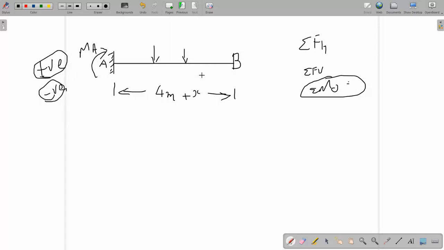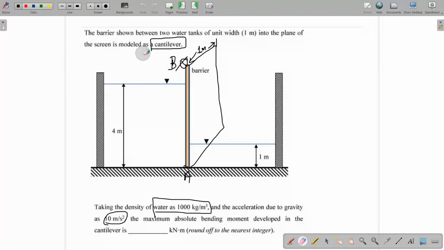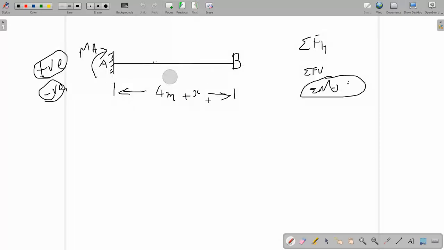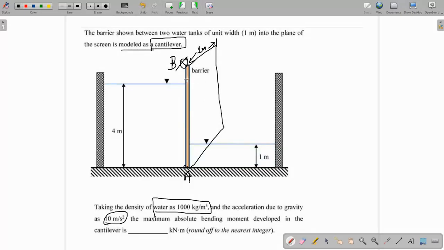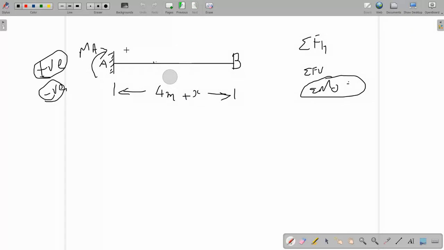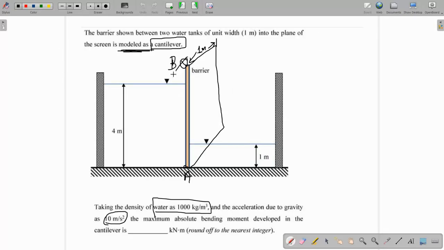Here we have the fixed point, but we don't have the magnitude of the force. So how to find the magnitude of that force? Currently the force magnitude is not given, only the beam is given like this. Some might have the question why we have rotated it horizontally, because here it is written that the barrier is modeled as a cantilever. That means you can draw the free body diagram like this. Now from where can we find the force?